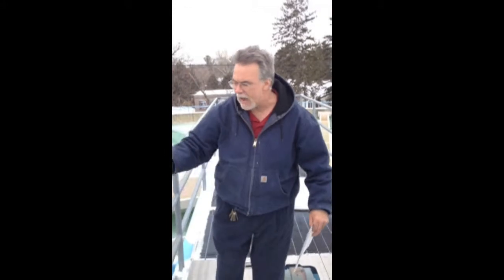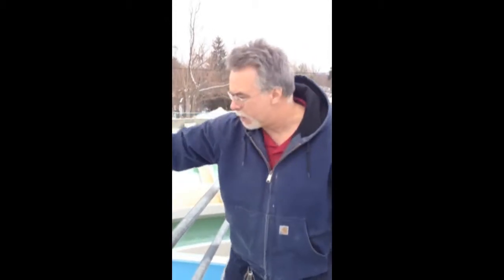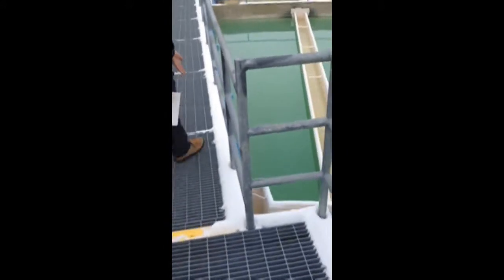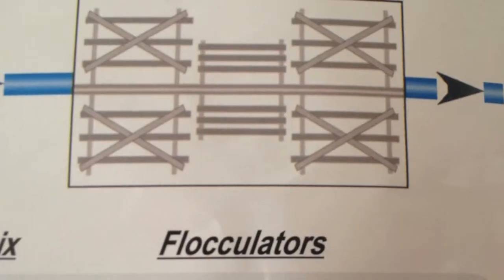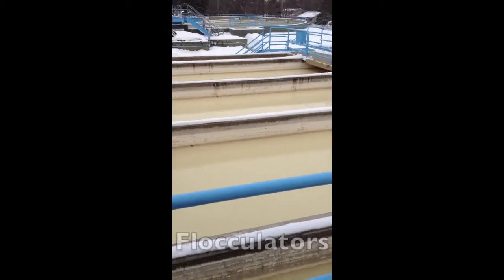We process that out. Now the cleaner water comes to the top and goes through what we call launderers. They come out here, they're collected around in this circle right here, and the water comes this way now. Water comes out of here, goes right down through here. So it goes through here,